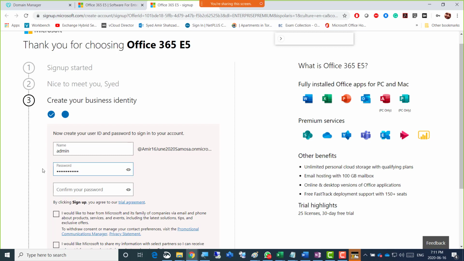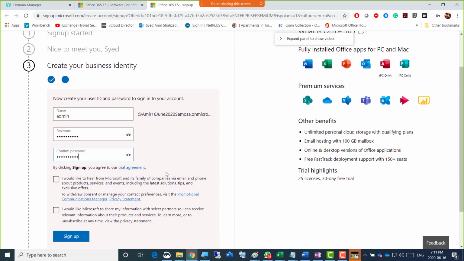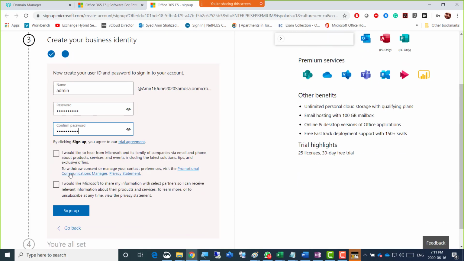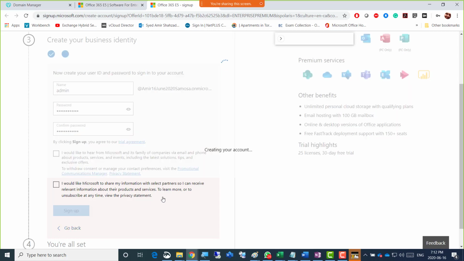Alright. I would like Microsoft to share, no I don't. Okay, so just put admin there, try to keep it a bit simpler. We could have gone for a simpler domain as well. Just today's date. No, then we can't create that, right? It has to be unique. So anyway, sign up, and that's it.